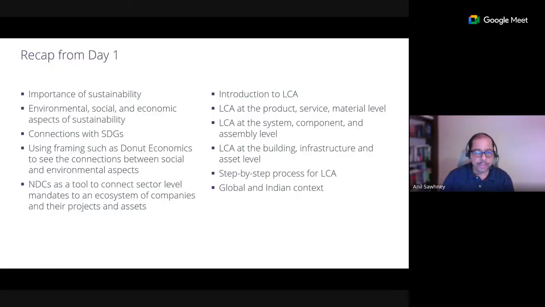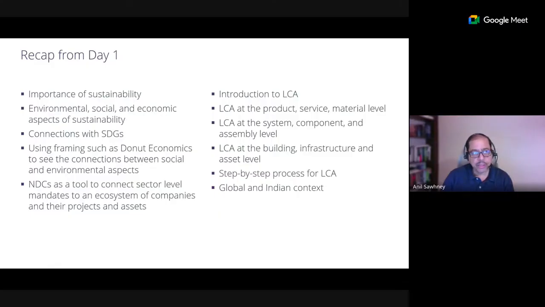We, in the first session, tried to make connections with sustainable development goals. And then in order to make a more practical, detailed project and asset-specific connection, we also described the donut economics framework, which helps you see the interconnectedness between social and environmental